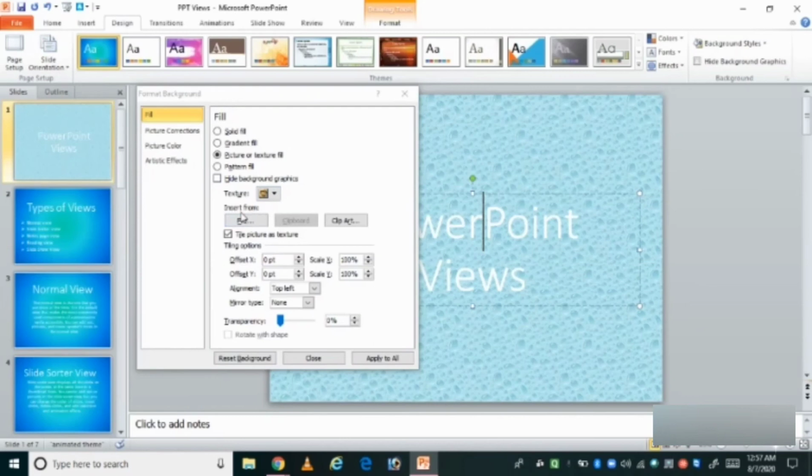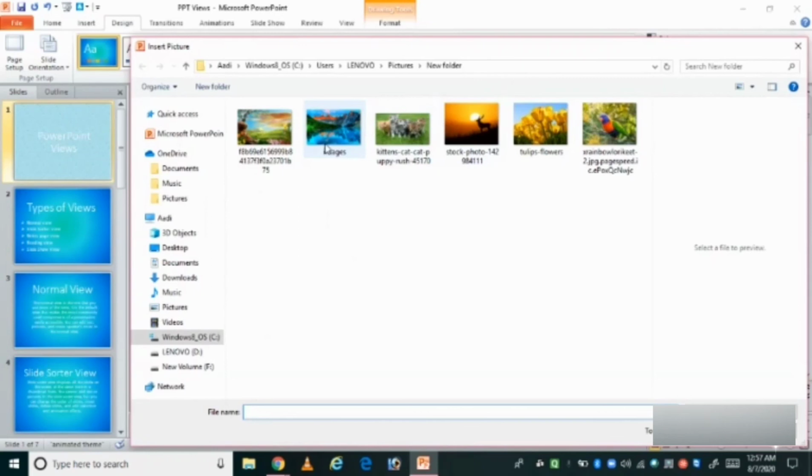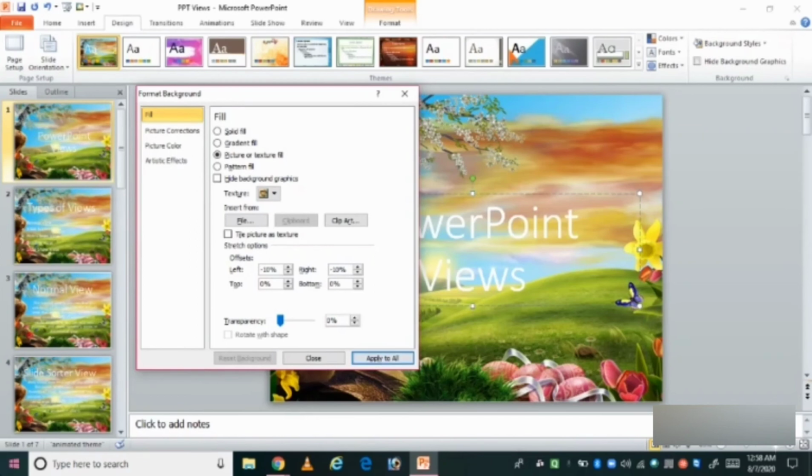If you want to insert a picture, here is the option. You have to click on Insert from File. There you can see I'm selecting this picture. There you can apply to all. If you click on Apply to All, you can see all the slides with the same background.